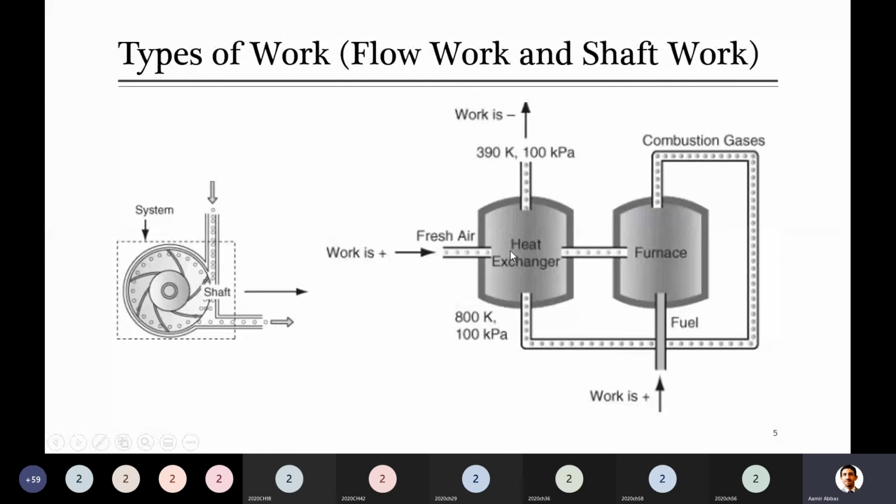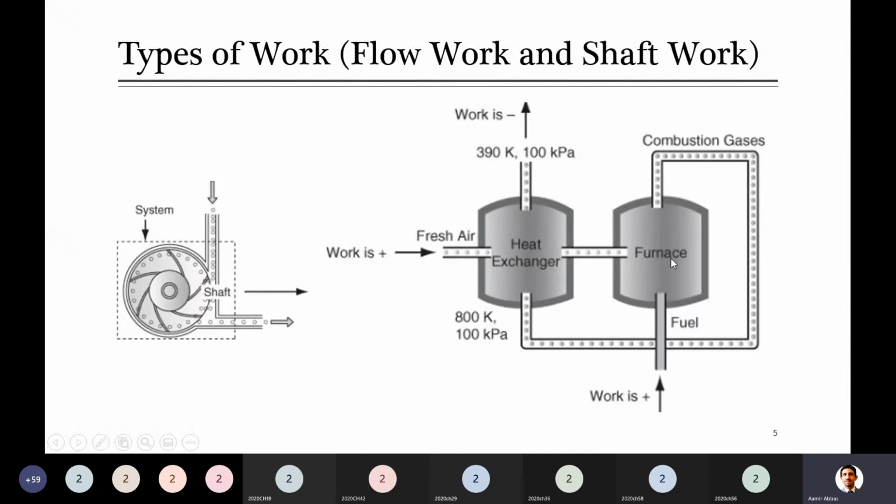When it came in contact with this, inside there, this is complex equipment. You can see that there are two pipes moving in and out, but it is not like that inside. What phenomena is happening inside, no need to worry about that at the moment. You can just get the idea that something at high temperature comes in contact with fresh air at low temperature, and some heat exchange takes place. Then I will come back to where work is positive or negative, what he is talking about. Before that, let me tell you about this system.